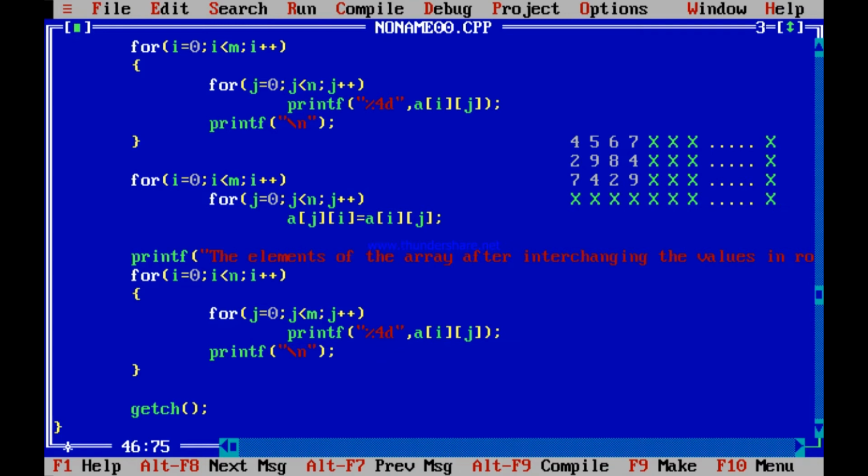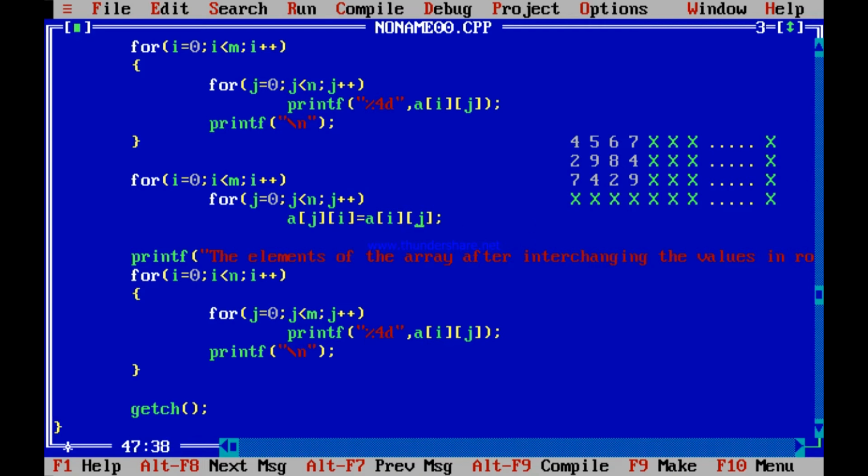Now what you were doing in this program, where did we go wrong? You have copied Aij to Aji. See, you have started with A00. First time you entered with i equal to 0 and j was also initially 0. So A00 copied to A00, that is 4 copied to its position. Next, what are you doing? j is becoming 1 this time. i is 0, but the inner for loop iterating, j has become 1. So what have you done?